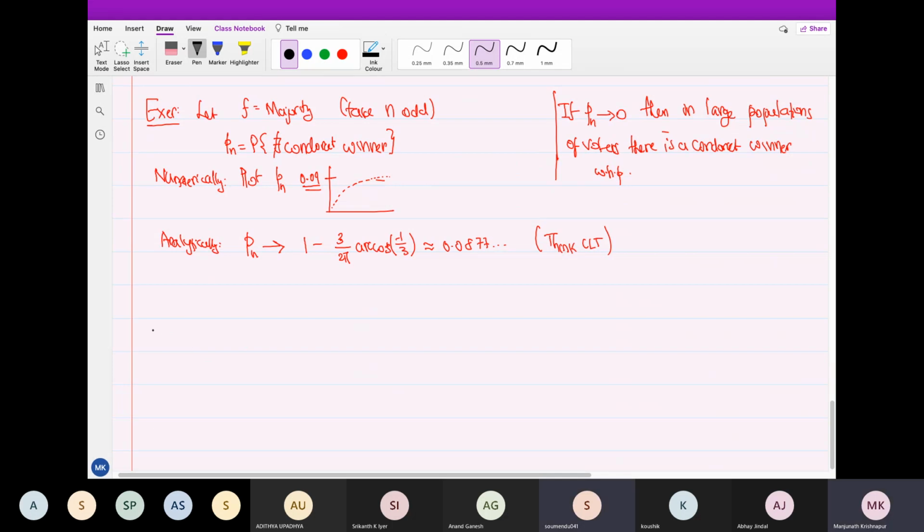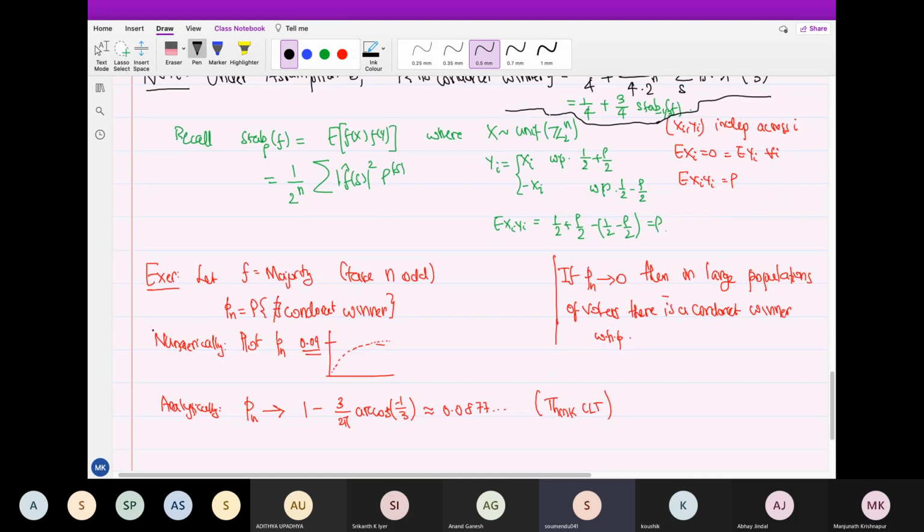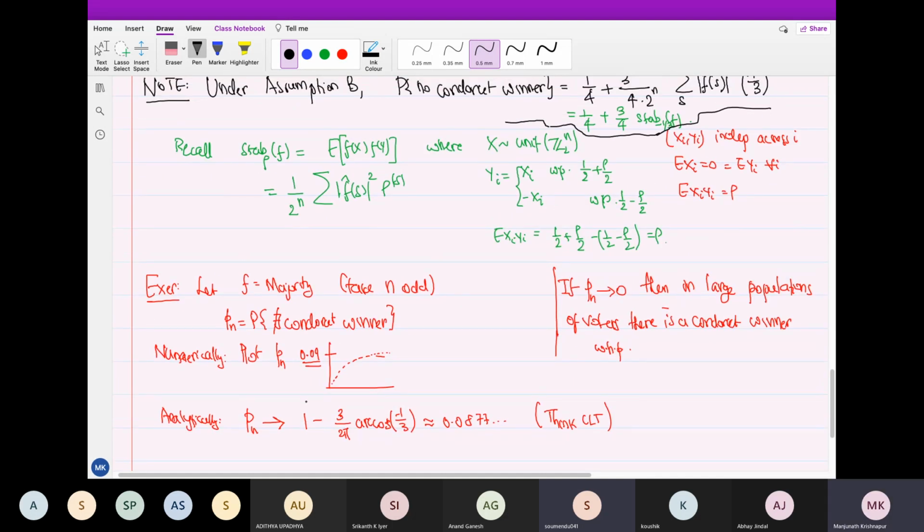So now I come to Manju, looking at that numerical picture of Pn as a function of n. If n is small, then it's close to 0, I guess that's what I was meaning. No, this part is 0. I don't know. Okay. But it increases. That seems to be the case.